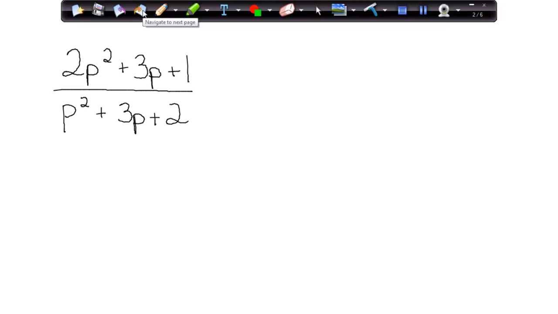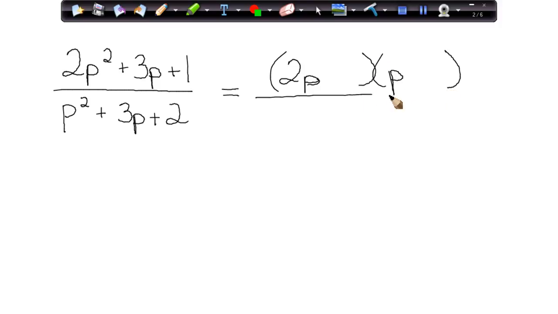Let's look at another one. Okay, this one is a little bit more complicated, same process. To reduce it, we want to try to factor. Okay, so this is why learning your reverse FOIL factoring early on is going to be super helpful. So this is going to be 2p and p. And then we want to know what goes here and here. It has to be 1 and 1 or -1 and -1 because we have a positive one right here. So factor the numerator and get this, and then factor the denominator,